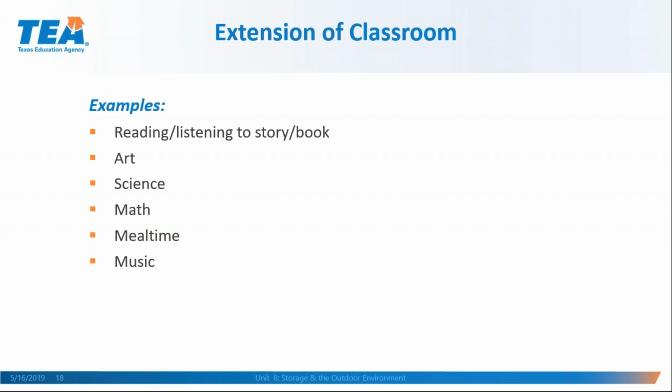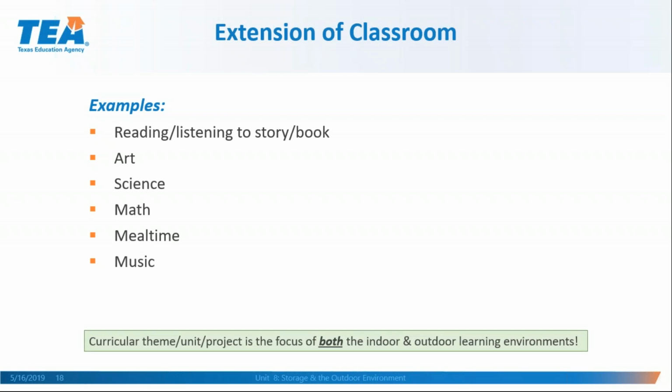This is a way, without a lot of work, that you can help the environment, help children just to have more experience outdoors, and not spend so much time indoors while you're teaching. And of course, if you're doing this, the same kind of rules apply. Whatever your theme is, or your unit, your project, should also then be the focus of both the indoor and